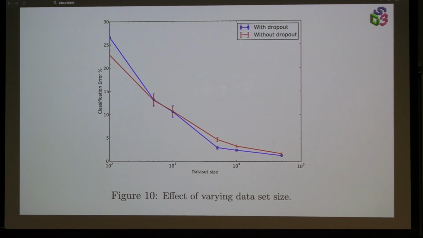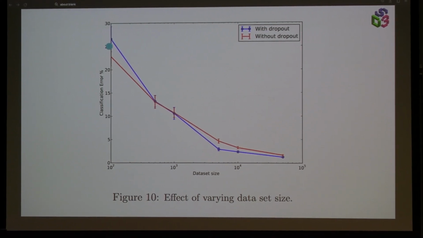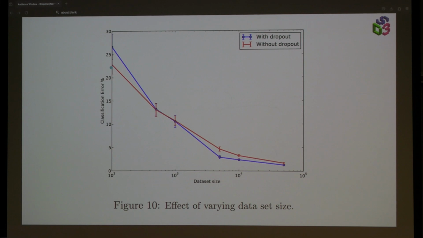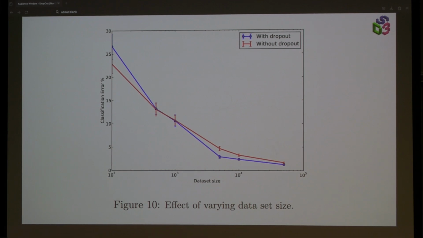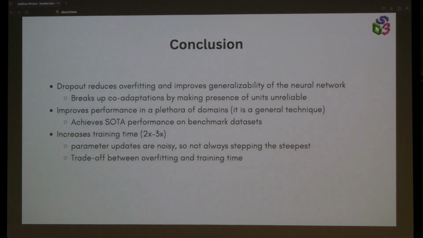Okay. So all of this is saying, more data good, but you can see these two lines with dropout and without dropout intersect, and actually at the start, keeping all the units is better, right? But at some point, you have to consider the trade-off. So all they're saying is, if you want to figure out whether or not you should apply dropout, it depends on how much data you have, and you have to sort of figure out the right middle ground. Okay, sure.